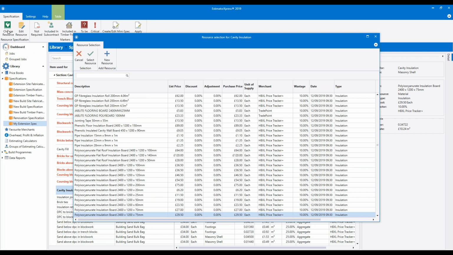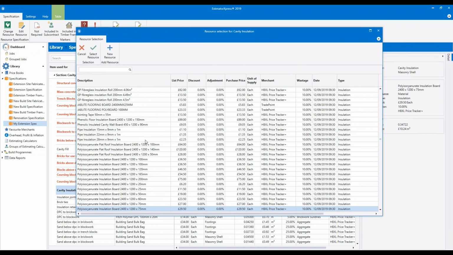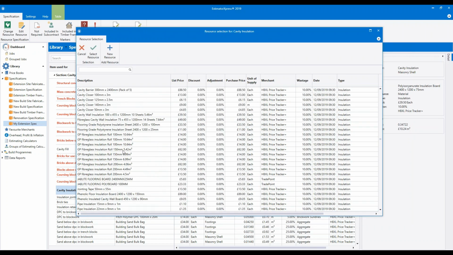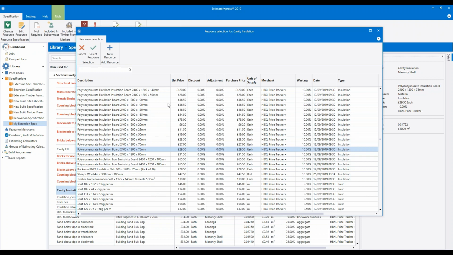Okay, now in fact you will probably have a different insulation product selected from me, because I think I've already had a play around in here. I've got a polyiso insulation board. It may be that you've got a GP fiberglass insulation roll or something in there instead, but that's fine, because what I'd actually like you to do is select a polyiso insulation board.